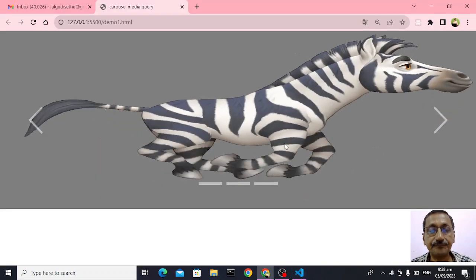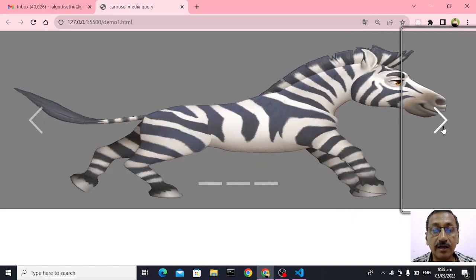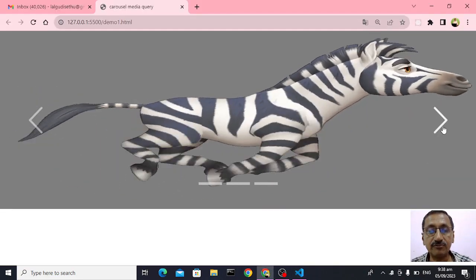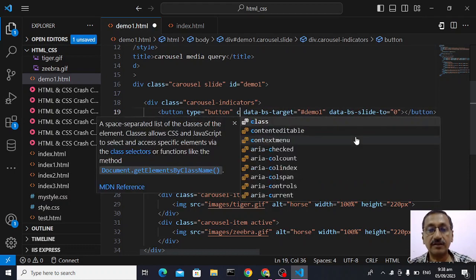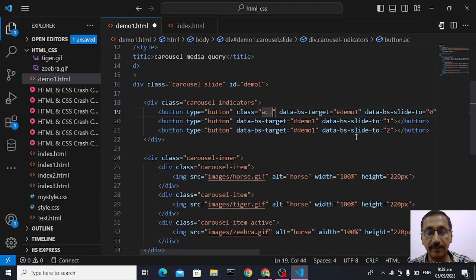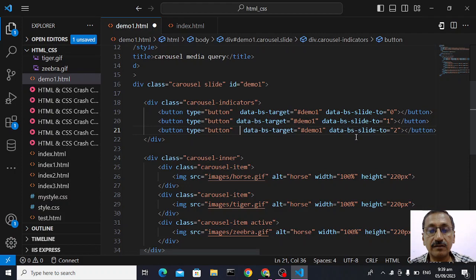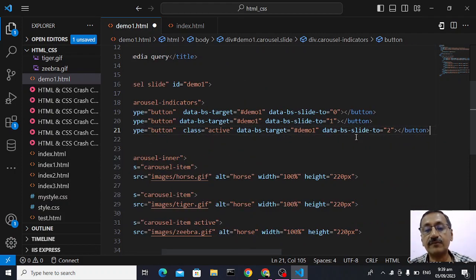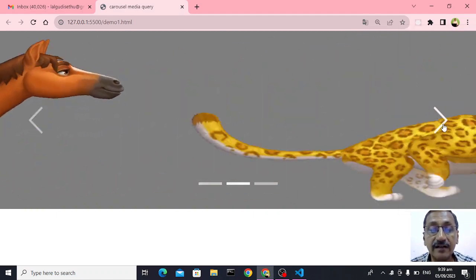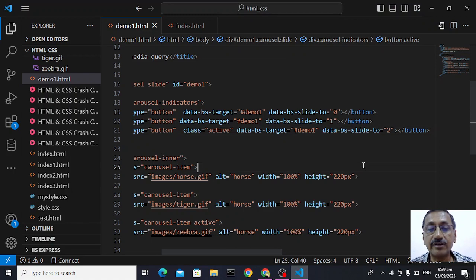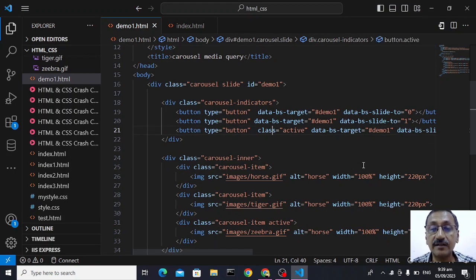We'll just see. Yeah, but we have not made anything active. So which one was active? Zebra was active. So correspondingly, I'll give this class. Class will be, I think I'll just make it active. Zebra, no? Zebra means it's the third one. Class will be active. Okay. I can just click on it. Yeah, look at this. If it does not look good, I'll just change the color